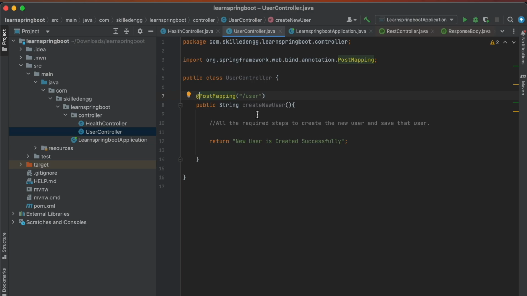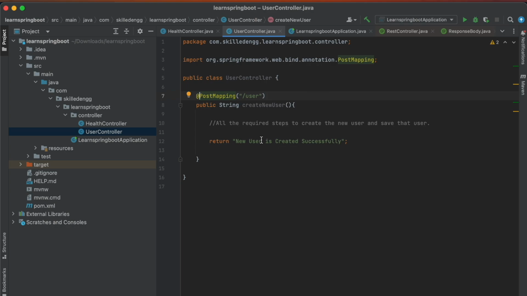Let's suppose we are hitting this particular API from Postman, so there will be a request to this API. Certain information about the user, like the first name, last name, email ID, will be sent in the request itself. So we call that the request body. Okay, and all that information regarding the user which we have got in this API, we will use and save on the server, or the database actually.